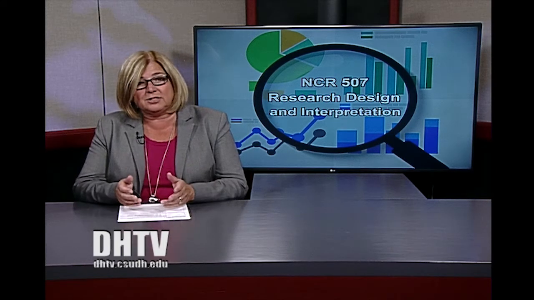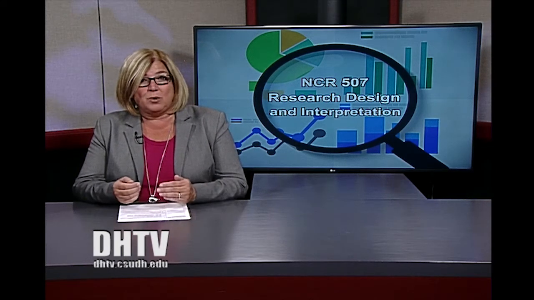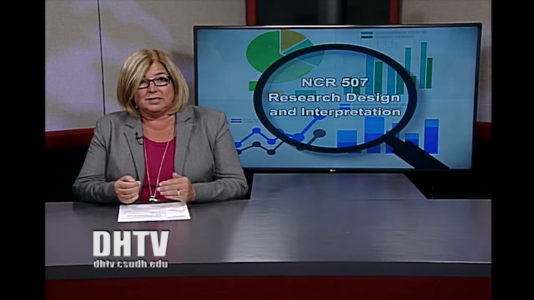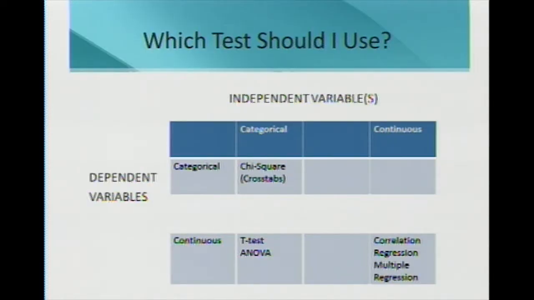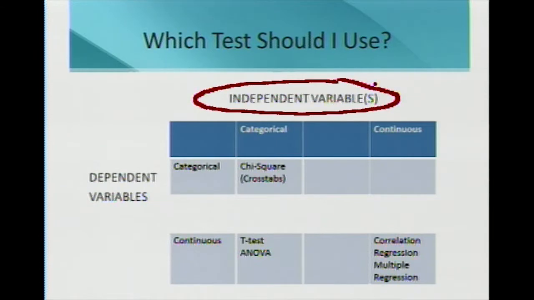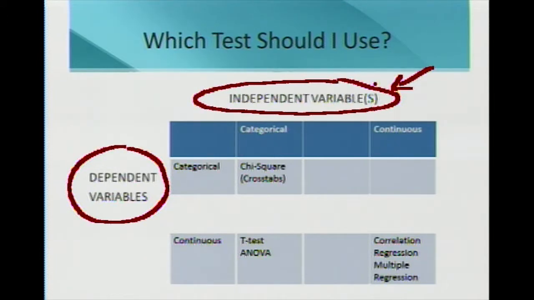So let's take a look at the chart and get a sense of where the landscape falls related to correlation. Now we can see from this chart that it has a very familiar look to it because we've seen this chart before. It helps us understand what kind of test to use when we have certain kinds of independent variables and when we have certain kinds of dependent variables. So you can see in the chart that there are two areas that we care about in order to help us figure out what kind of test to use.